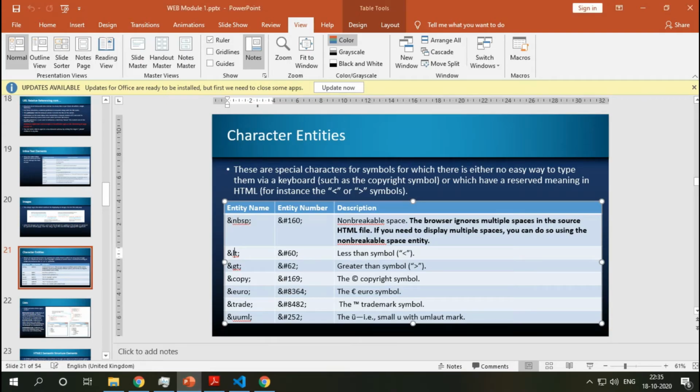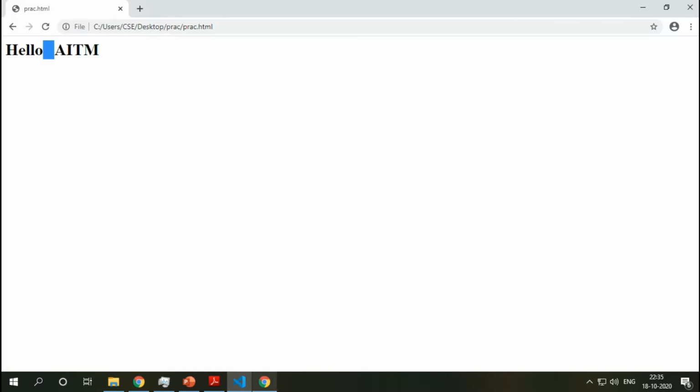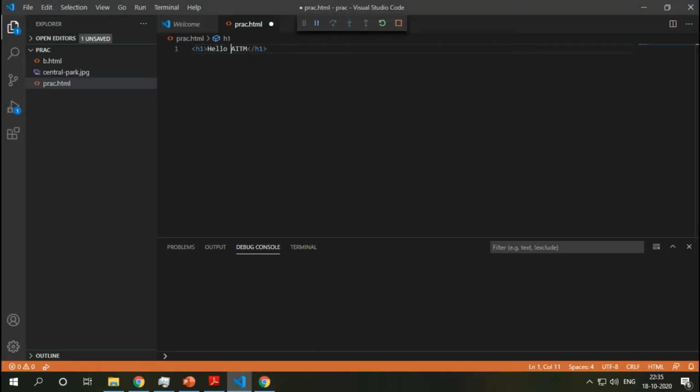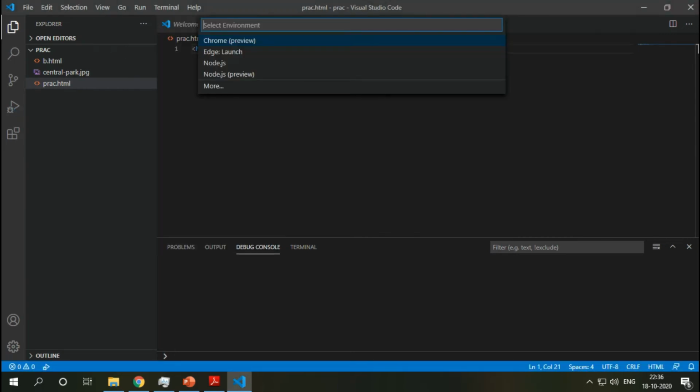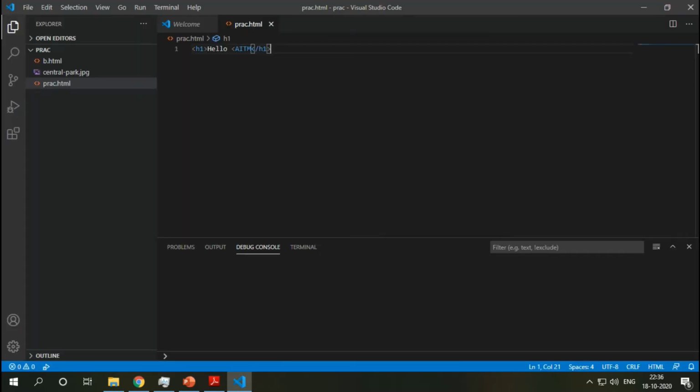Then we have the less than symbol. If you want to display a less than symbol, then we can use this one. If you just type the symbol directly and try to display it, it is not going to display, because every tag begins with a less than symbol.